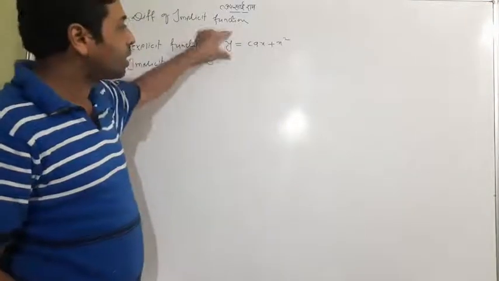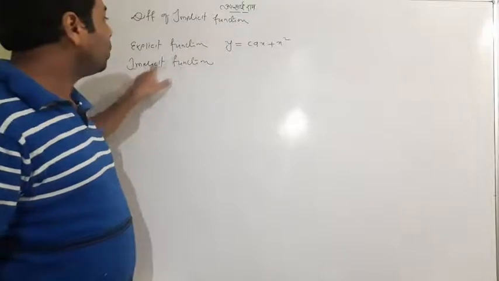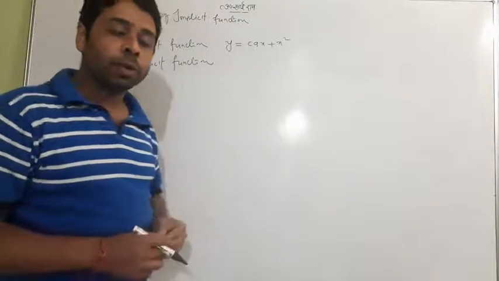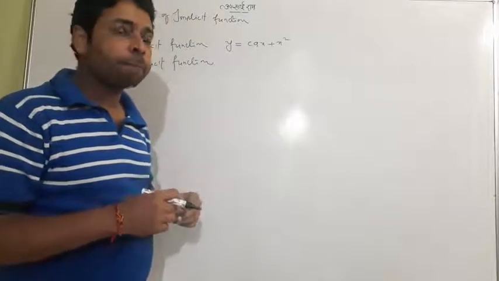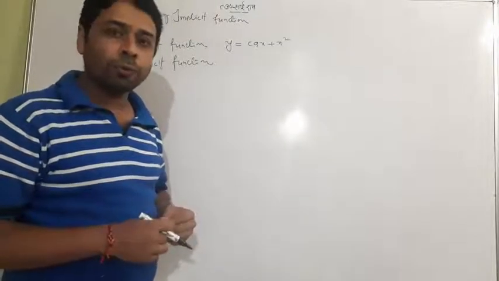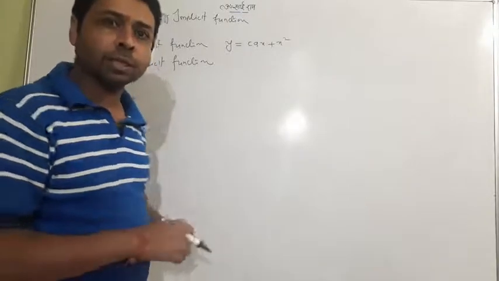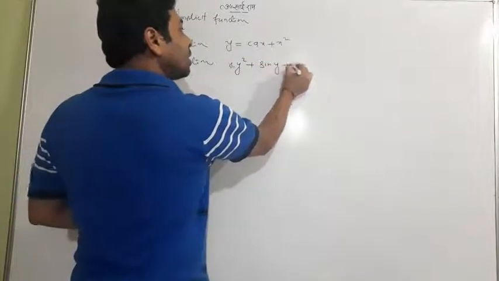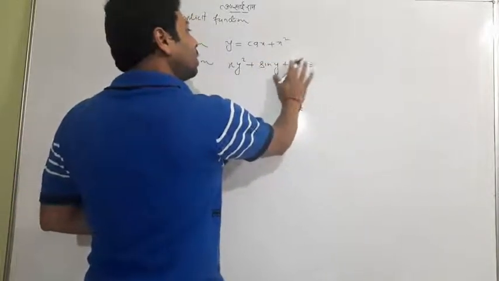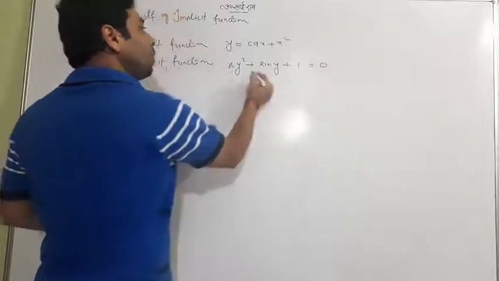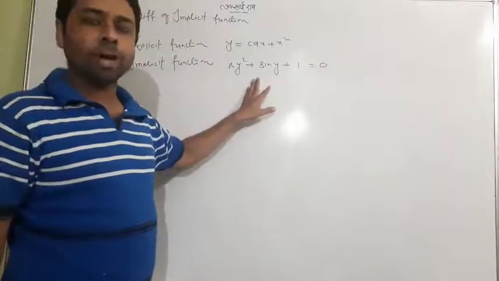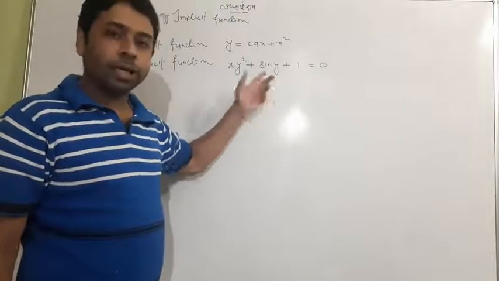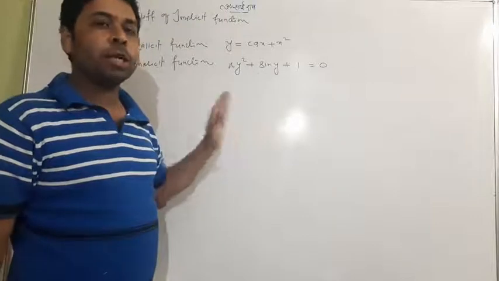Until now we have seen this kind of function many times. But what about the implicit function? This is a function in which x and y are actually mixed, and in that case the value of y cannot be found in the form of x clearly. Like if I write here x y square sin y plus x minus 1 is equal to 0. This is an equation in which we cannot find the value of y in the form of x clearly. So this is an implicit function.